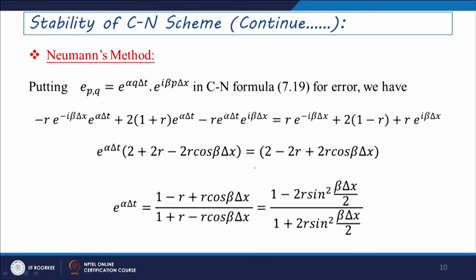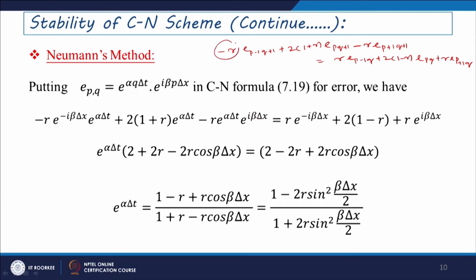So if you just see our earlier formulation, you can visualize that these coefficients are taken in the form of minus r e of p minus 1, q plus 1, plus 2 into 1 plus r e of p, q plus 1, minus r e of p plus 1, q plus 1. This is taken as r e of p minus 1, q plus 2 into 1 minus r e of p, q plus r e of p plus 1, q here. And if you put all these coefficient terms here, that can be written